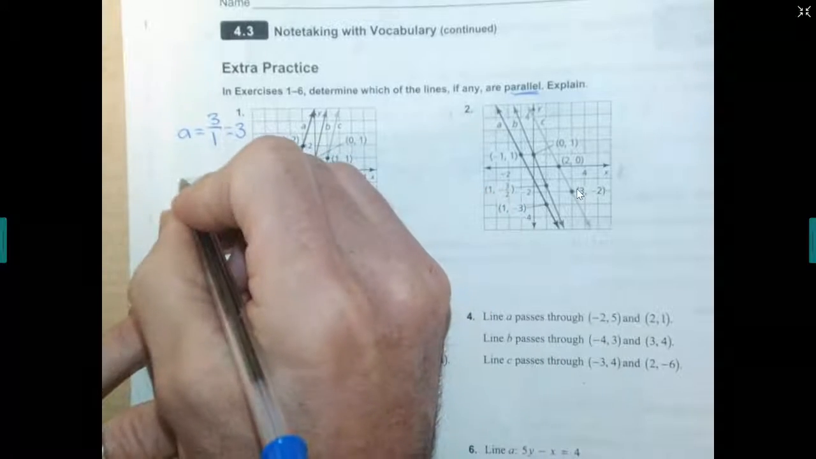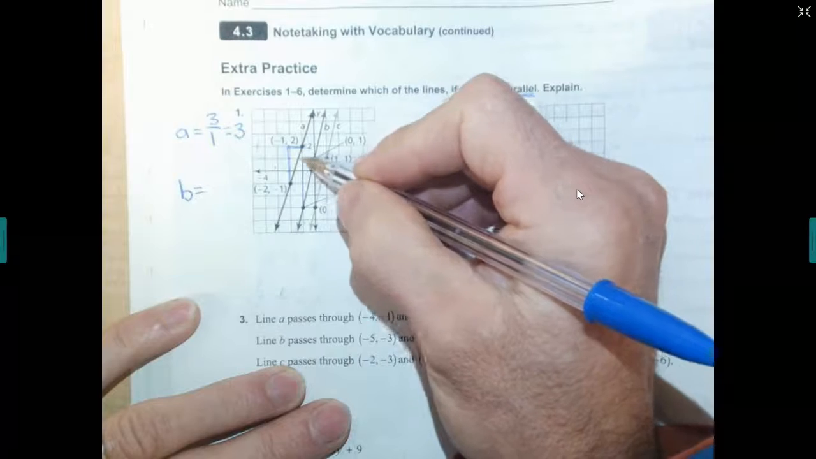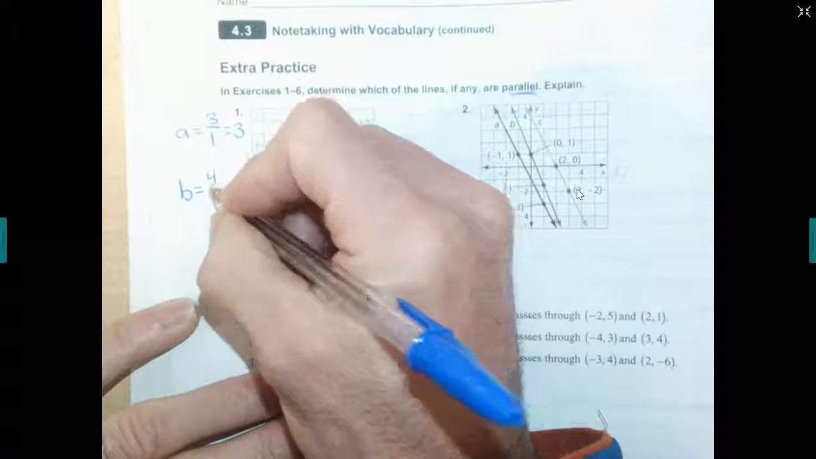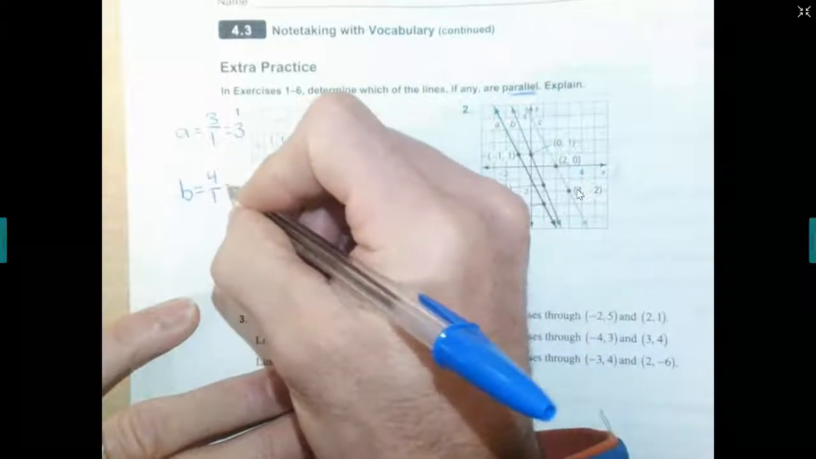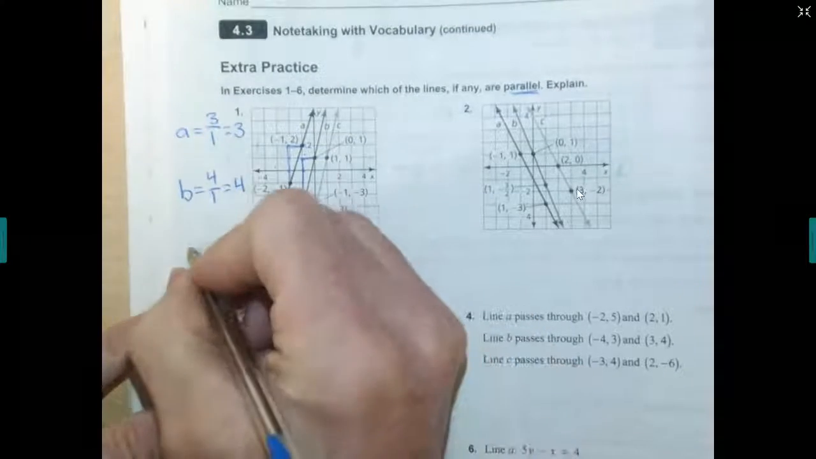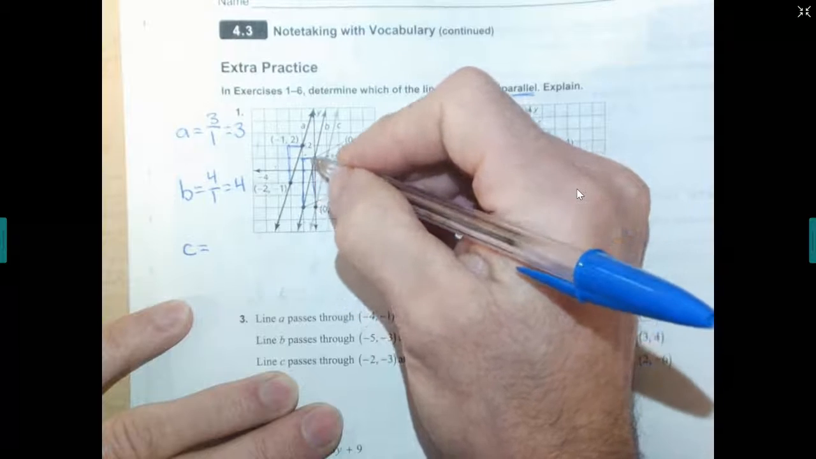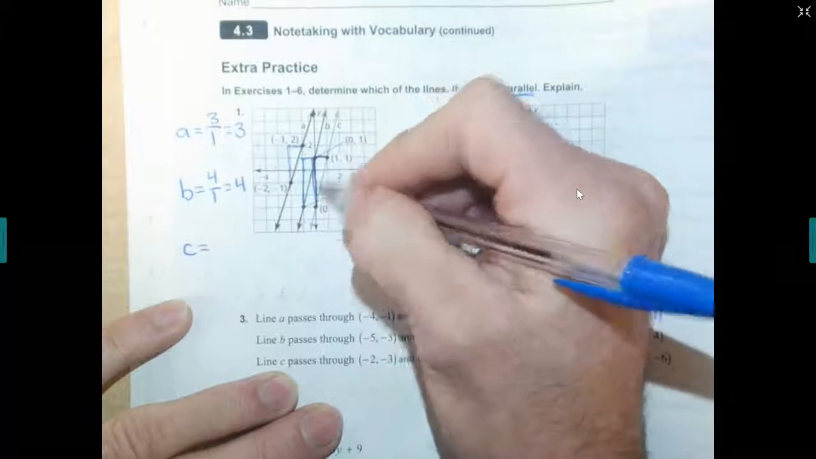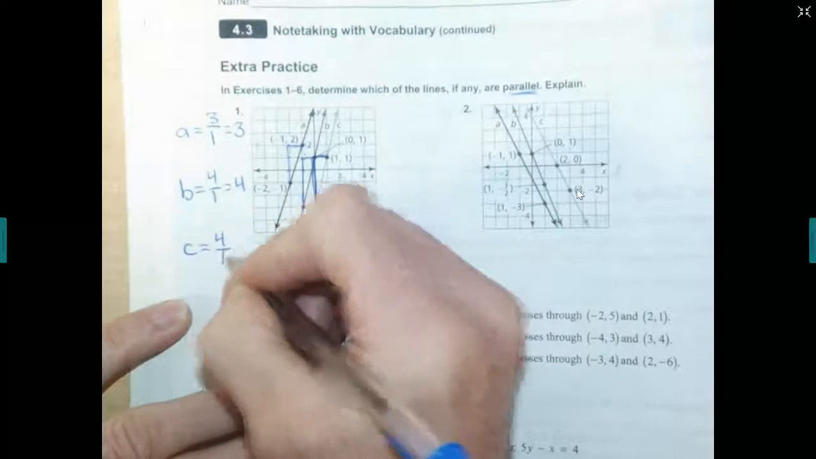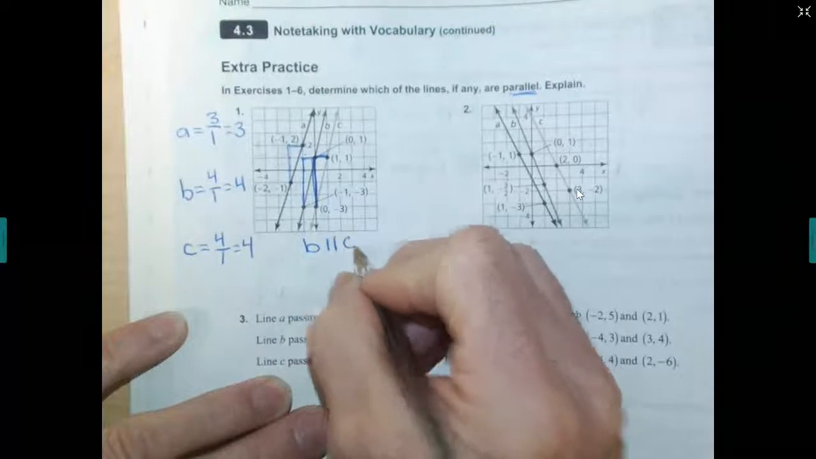Now I'm going to do my slope for B. Here's B. I have a rise of 1, 2, 3, 4, and a run of 1. So this is a slope of 4. So we know that A and B are not parallel. Let's check C. Here's my triangle. So I have a rise of 1, 2, 3, 4, and I have a run of 1. So look at that. B is parallel to C